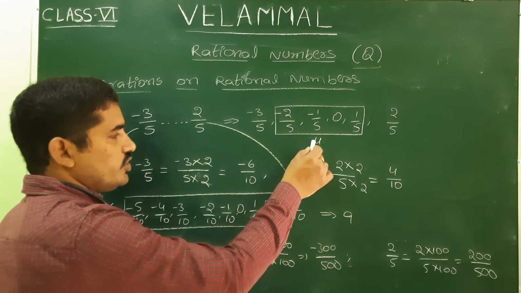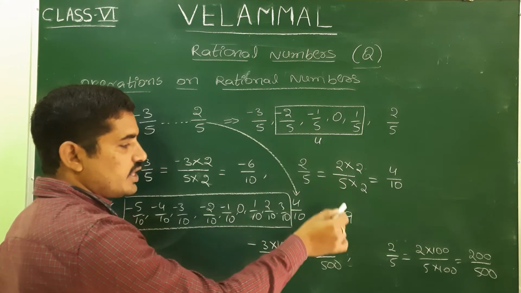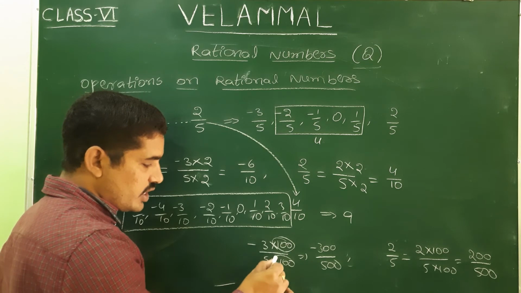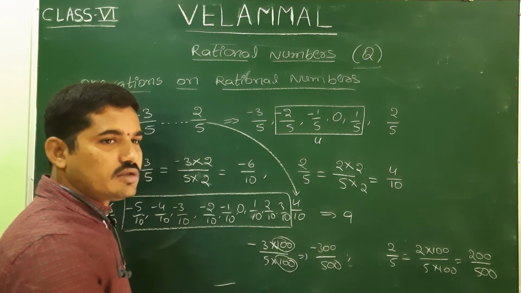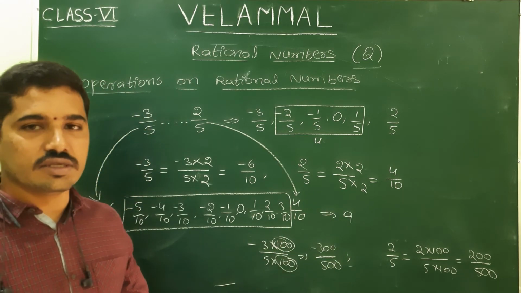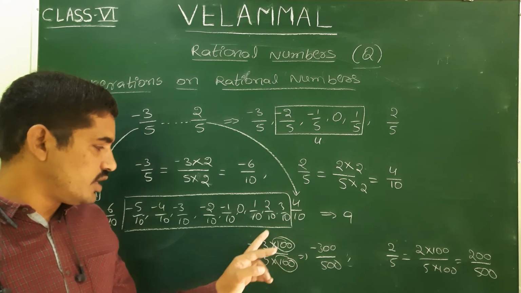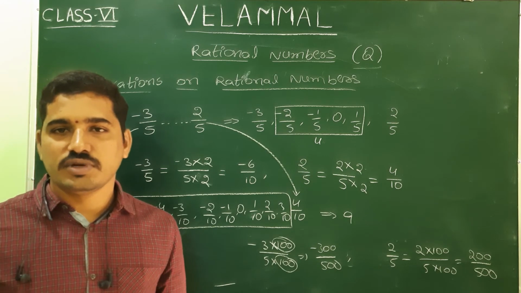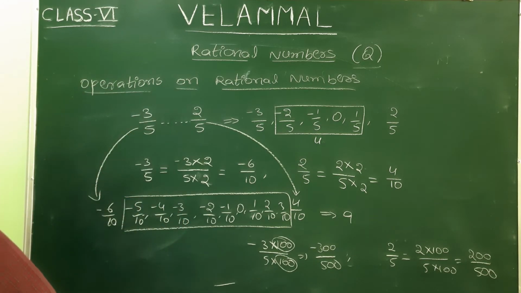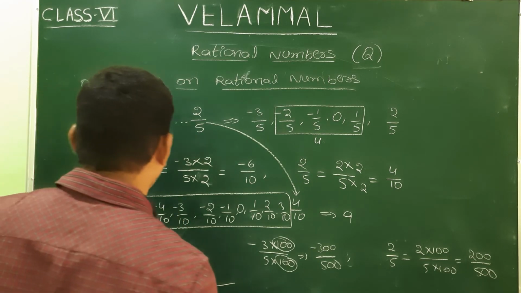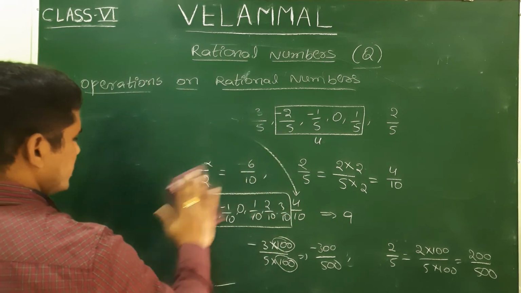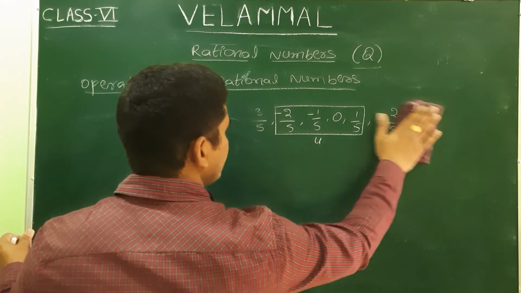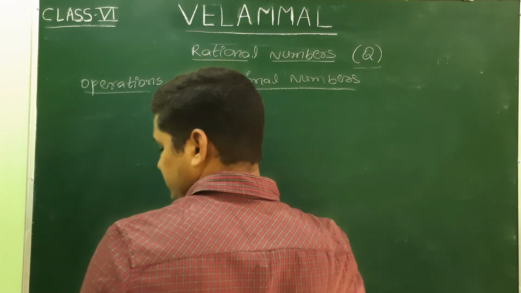Say here we found 4 first and then 9 we got, and then if we are multiplying with another number, if the number is increasing, the number of rational numbers between these two numbers is increasing. The same way, if we are multiplying it with infinity, then we will get infinite rational numbers between the two rational numbers. So the point is very important: in between two rational numbers, there will be an infinite number of rational numbers.